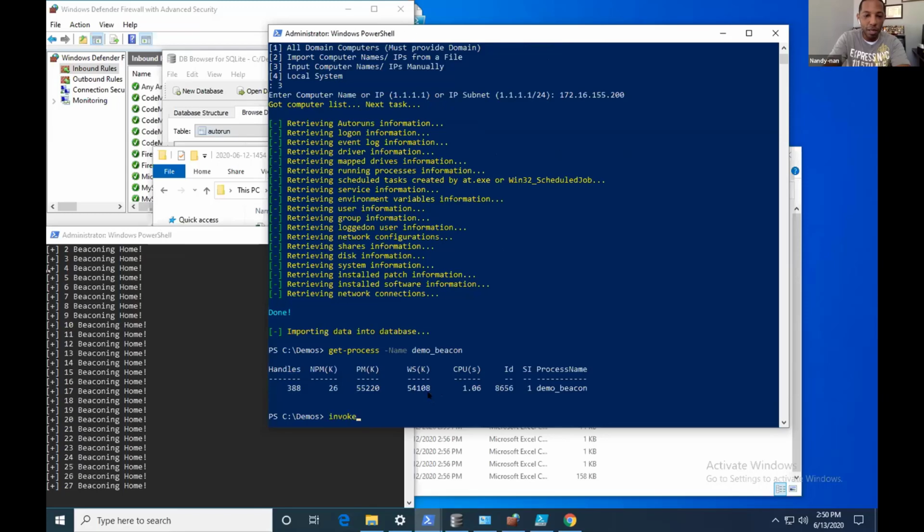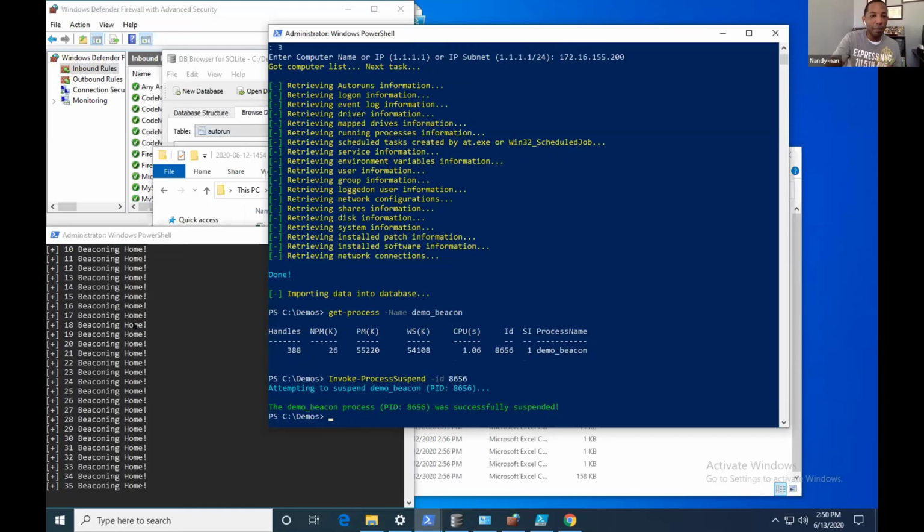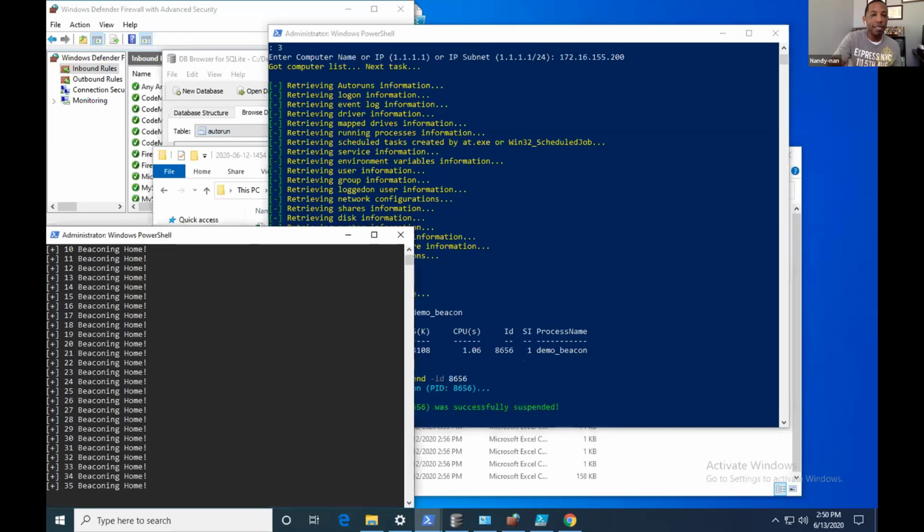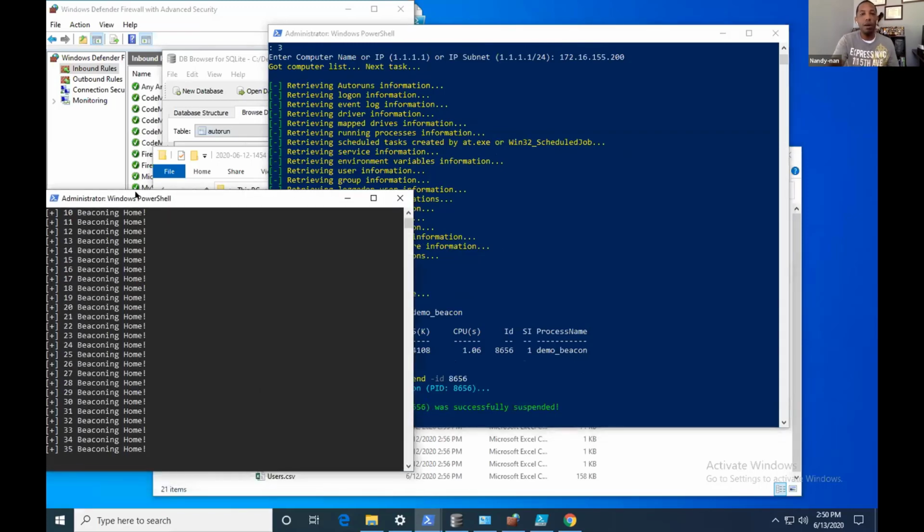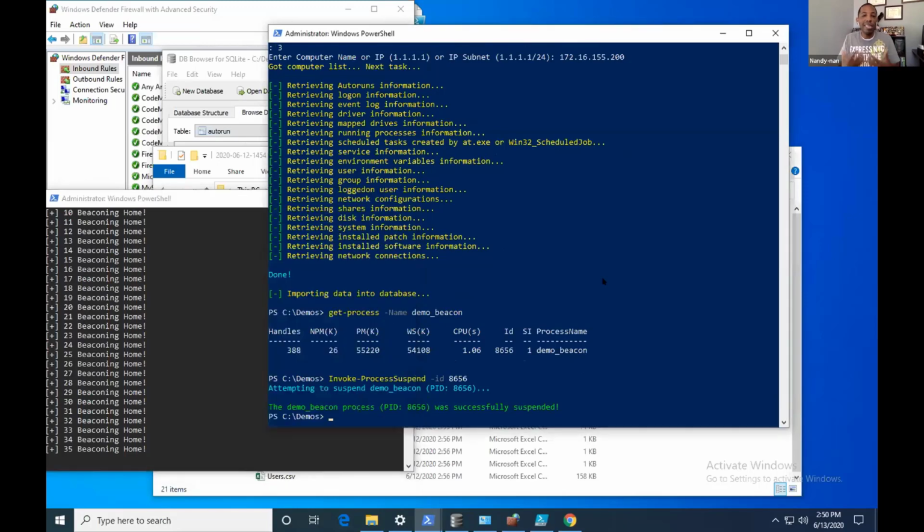So then I'll come in, I'll run this code. I just need to feed it the ID, 8656. It's going to attach a debugger. Now, I need to have SeDebugPrivilege, right, to be able to do this. But we see now that I've attached a debugger to that process, it's in a suspended state, and off to the left, we no longer have it saying it's beaconing home. It is stopped. Now, we've dumped the process, we've done whatever analysis we want to do, or we're at the next point where we want to better understand it.